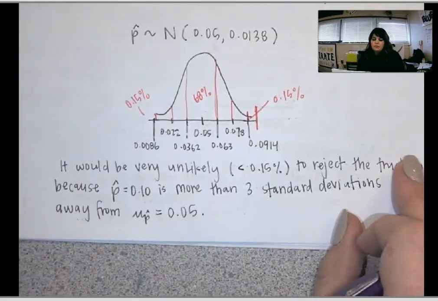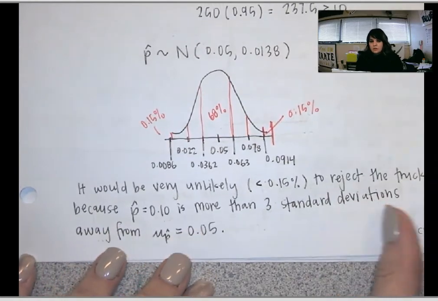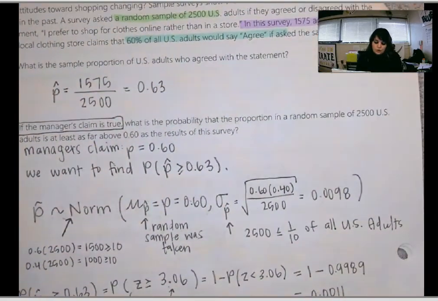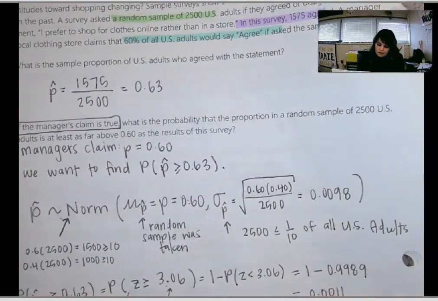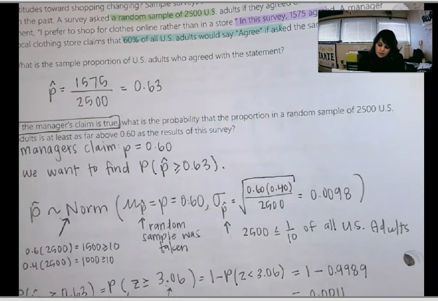And this is a good review problem just in general of normal curves. Okay, number 2, attitudes towards shopping. A sample survey shows that fewer people enjoy shopping in stores than in the past. We ask a random sample of 2,500 U.S. adults. In this survey,